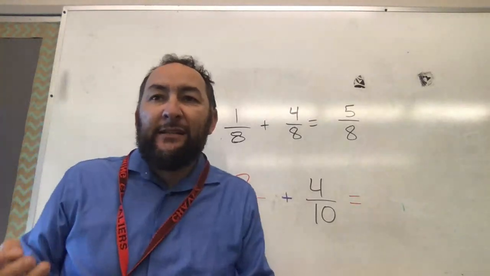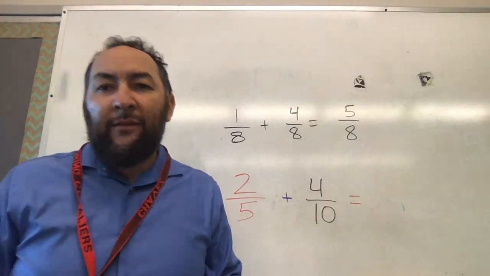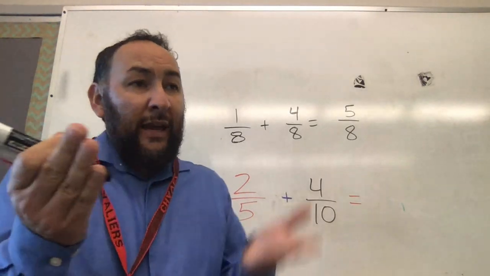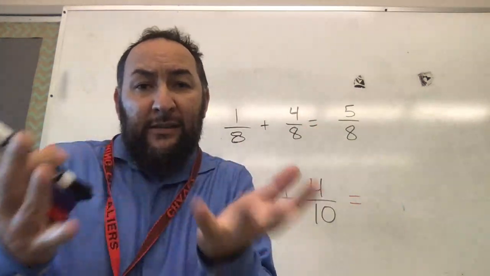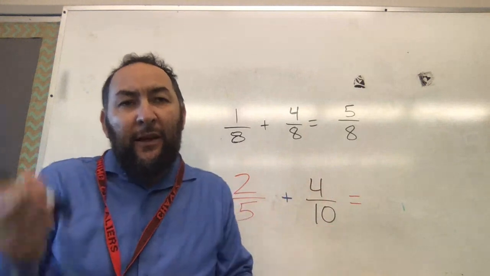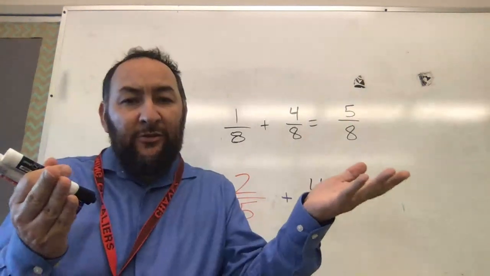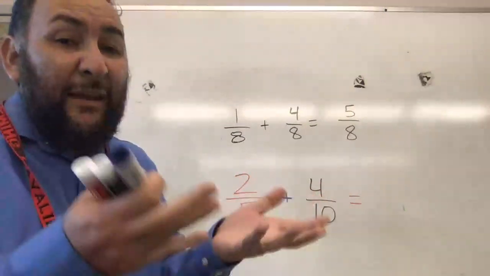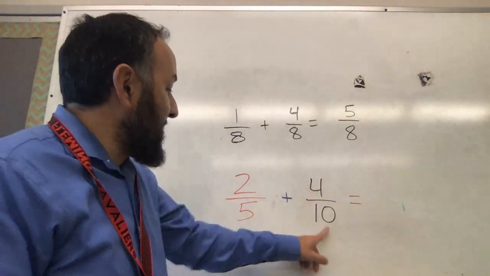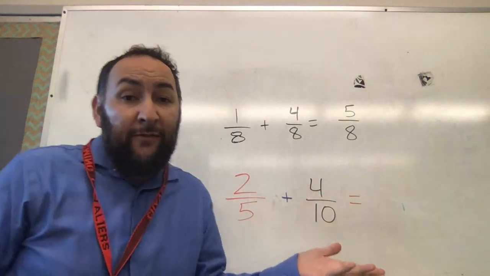They're different sizes. It would be like saying if you have one PlayStation and one Xbox, you have 2 PlayBoxes, right? If you have one car and 3 giraffes, you can't just add them together. You don't have anything unless they're the same kind of thing. So we need to change these to be the same. So this is where we've been finding